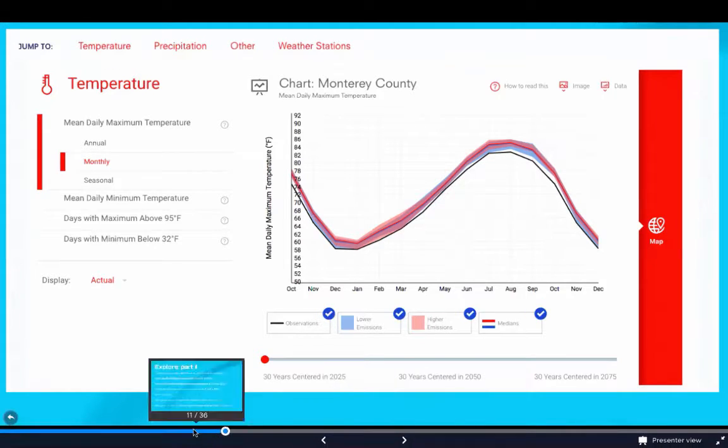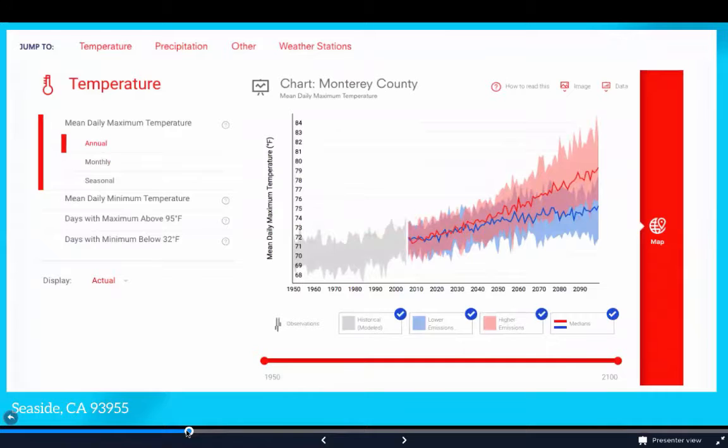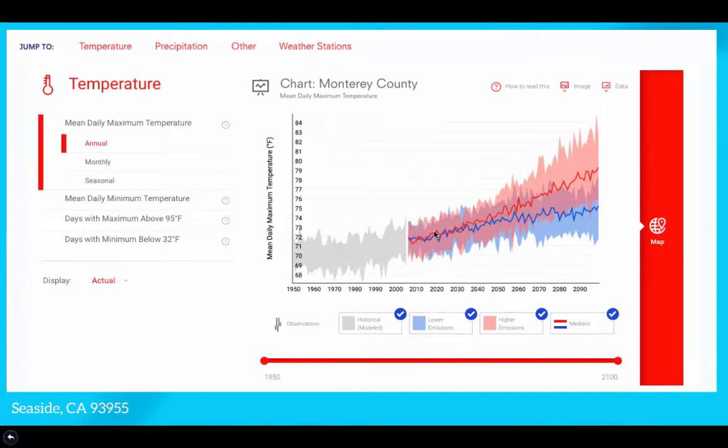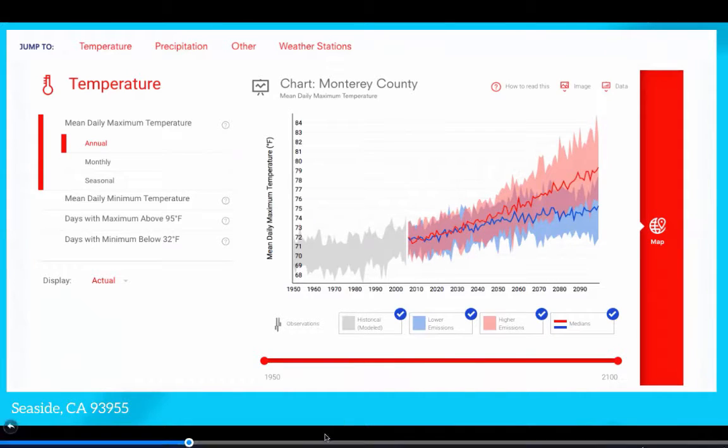But now maybe I want to go back and I'm going to say, okay, in my Climate Explorer, that very first graph that I saw, that first graph also had some predictive values at 2020 and at 2050. Now, I'm not certain because these are the mean daily temperatures, not necessarily for October, but I can say, okay, I'm going to see some change in the 70s, but I can notice that there's an increasing trend when I get to 2050. And that's a great opportunity for students to start to ask questions.